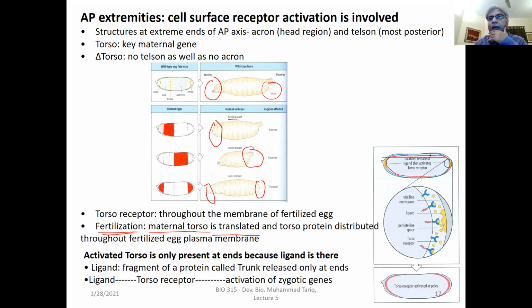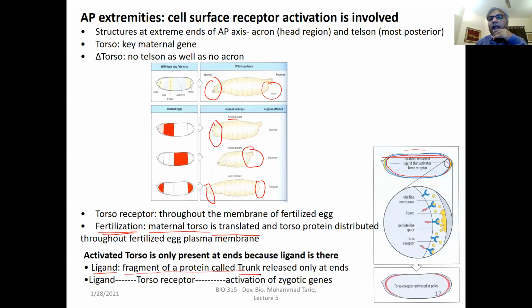Although torso protein is uniformly distributed, it is cleaved in a very localized manner. So, not the torso receptor, the ligand. I apologize for the confusion. So the ligand for torso, which is a